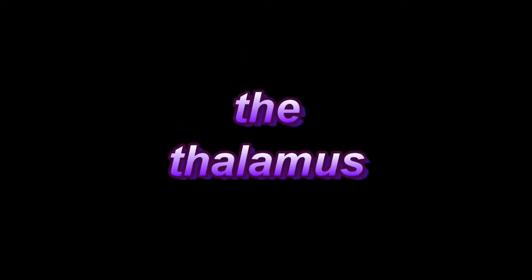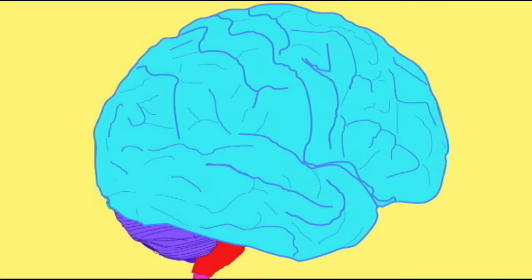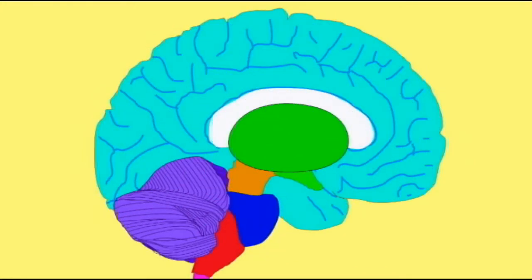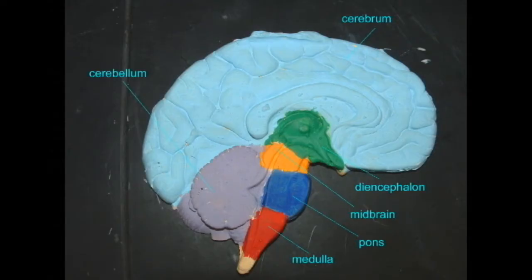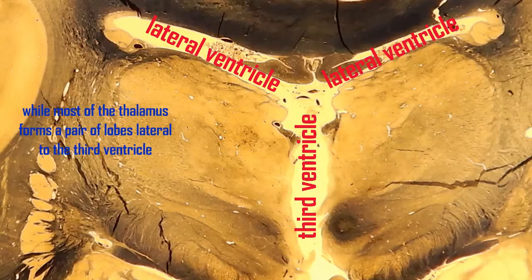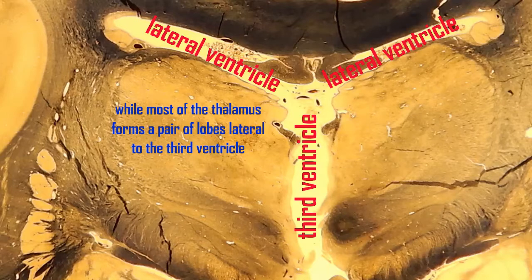The diencephalon, here depicted in green, is the third largest region of the brain, visible once the cerebrum is removed. 80% of the diencephalon consists of the thalamus. The thalamus is primarily composed of two large lateral lobes, which are lateral to the third ventricle filled with cerebrospinal